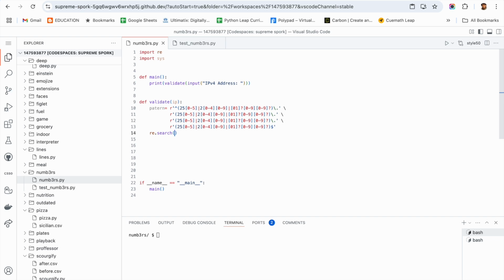Re.search, what is the thing I need to search? I need to search for this particular pattern in the IP address which I am getting. So IP comma search. If the IP address search is coming correct, then we can use